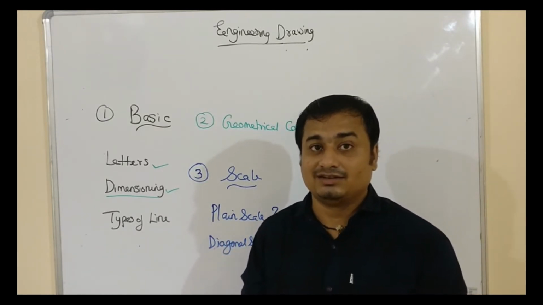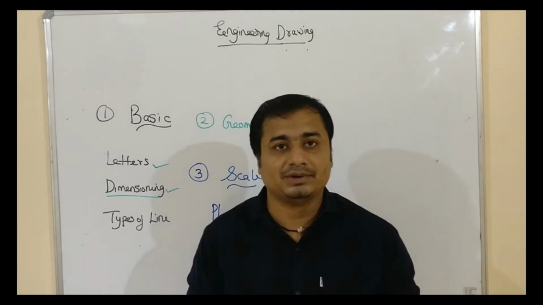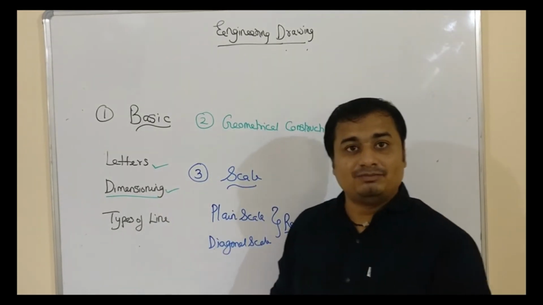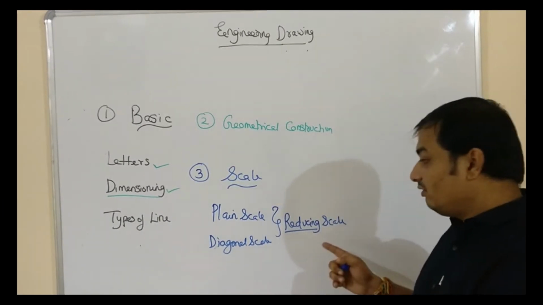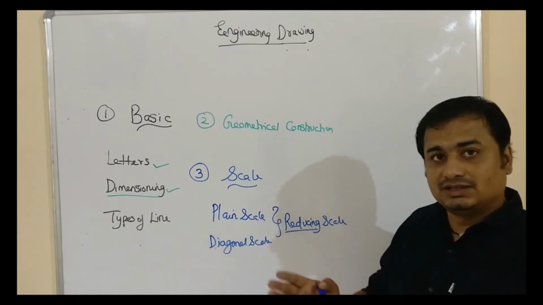It can be in centimeter. It has to be in centimeter. So only then can we represent it on a piece of paper, as we have seen in the railway map and road map. So that is called reducing scale. In that case, the scale will be reducing type. We are reducing the size of the object.